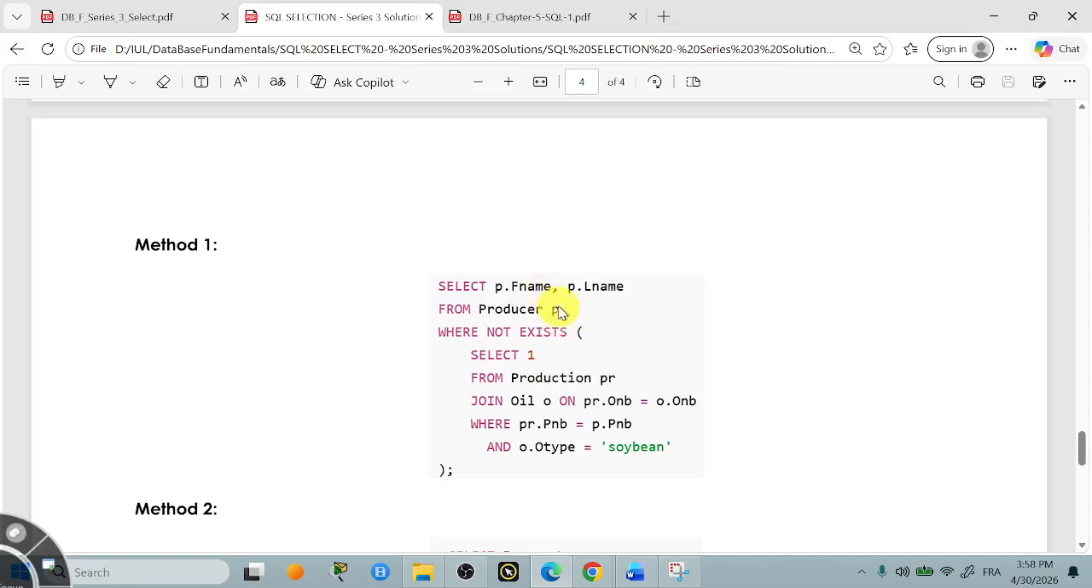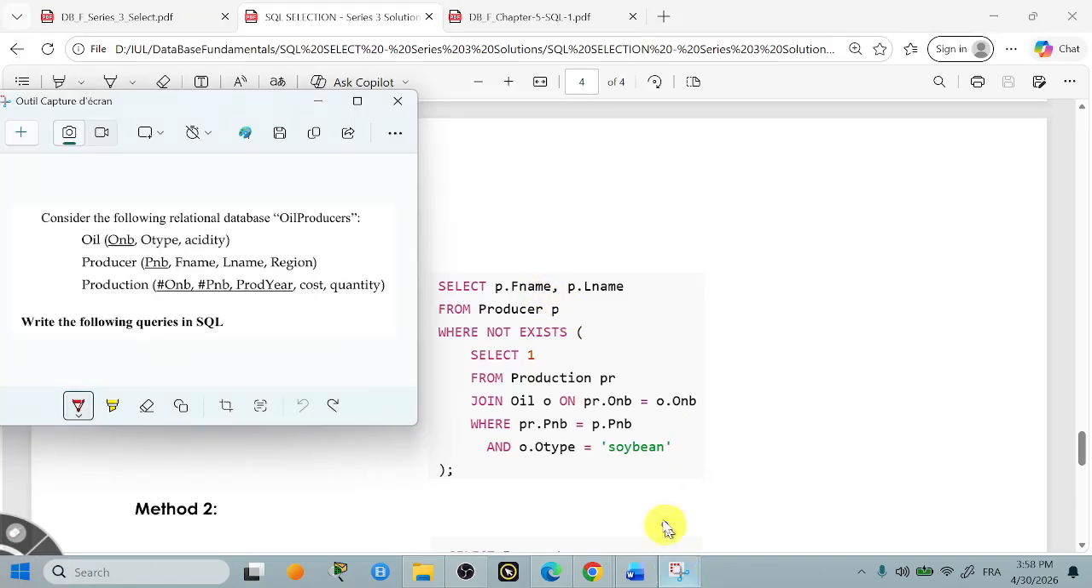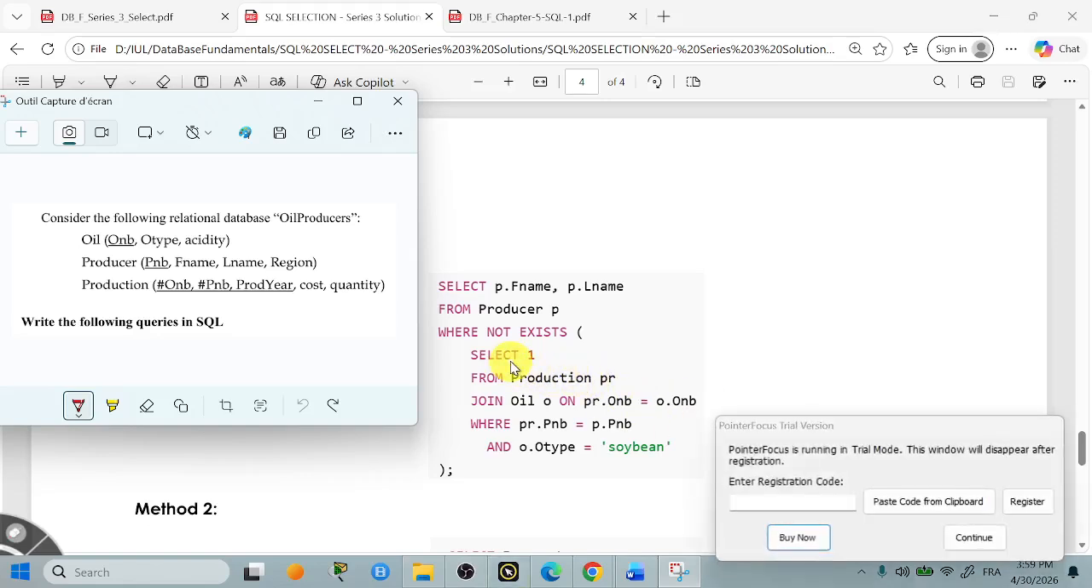We create an alias for producer. Okay. Here we take a temporary copy where not exist. Not exist means that if this is empty, we will not take it. Where not exist, it doesn't exist inside this. What does this mean? You will select where not exist, you will take